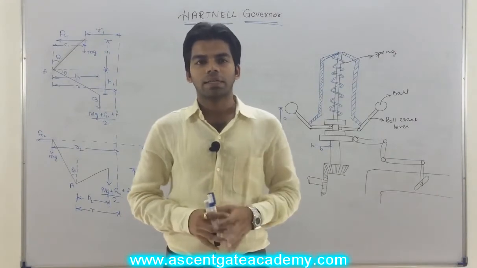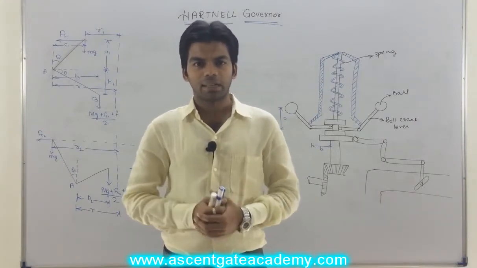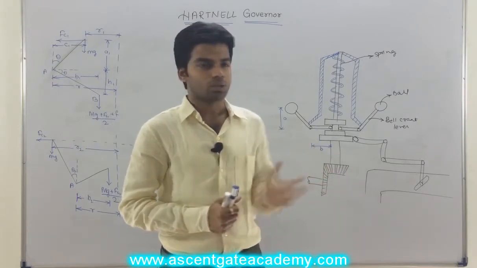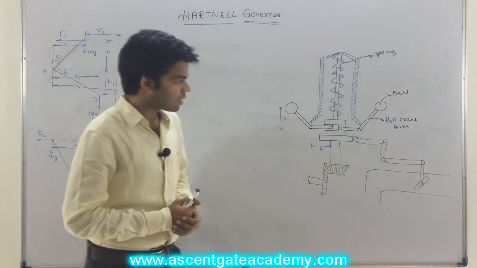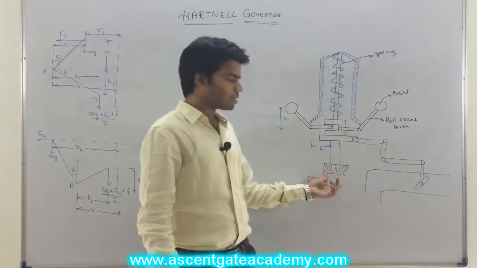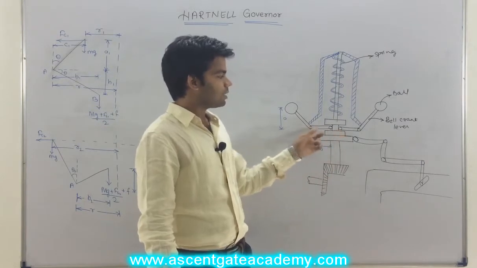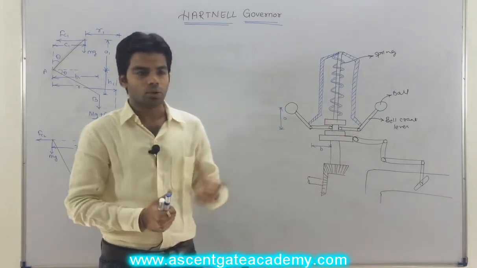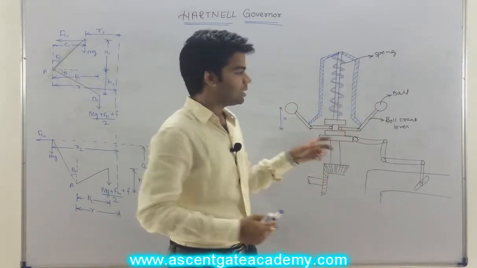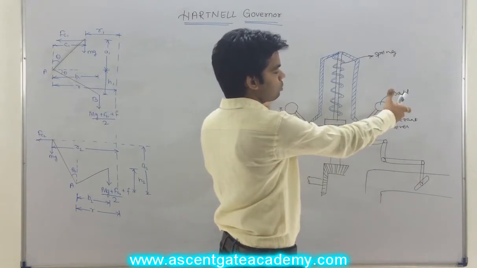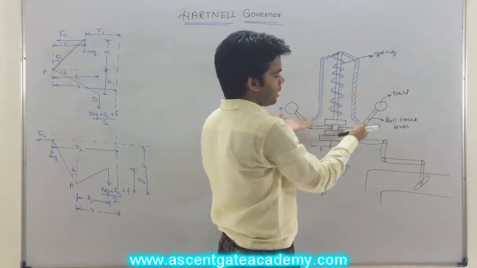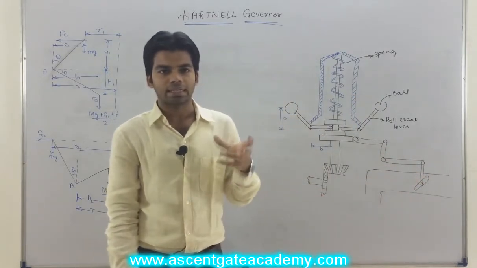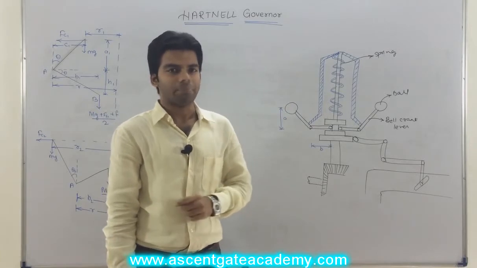Now the next type of governor is the Hartnell governor. This is a spring control governor. In this, the control valve is controlled with the help of the spring through the governor. Now this is the diagram for the Hartnell governor. You can see here same bevel gears, then this is the sleeve, and when this is rotating, when the load decreases, the speed will increase, and when the speed increases, this ball will move outwards, and this will lift this up, and as this is lifted up, the valve will tend to close, decreasing the fuel supply so that the speed can be maintained.